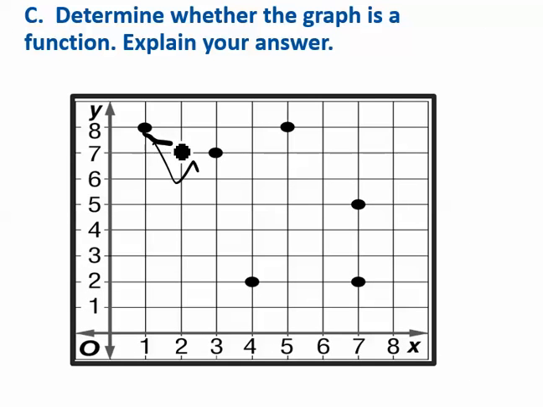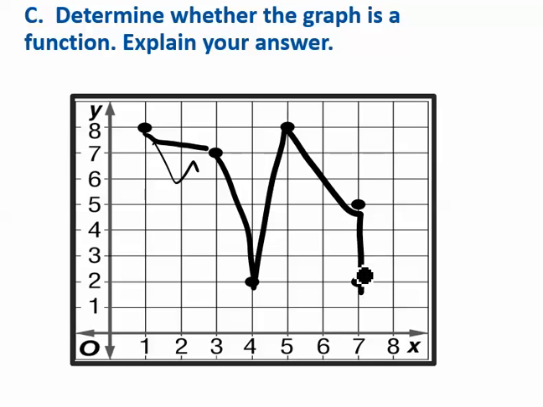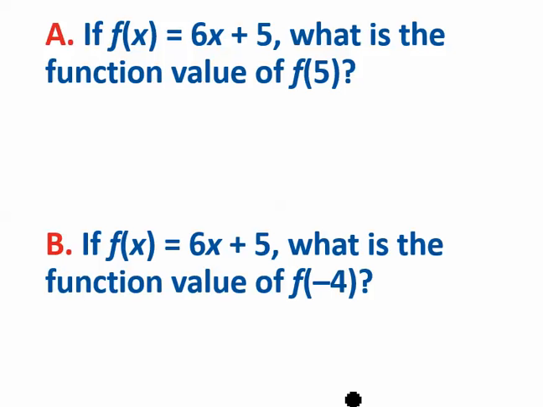If we draw this line from one spot to the next, we're okay until we get to the last two. You'll notice this would not pass the vertical line test. We have another. If f of x, the function of x, is equal to 6x plus 5, what is the